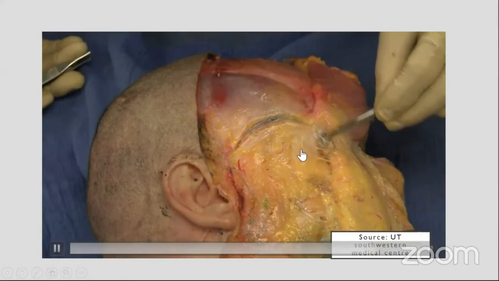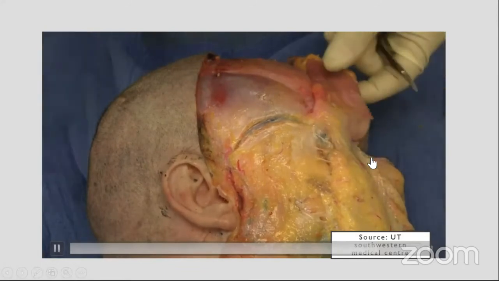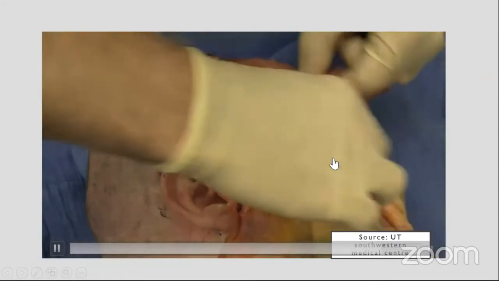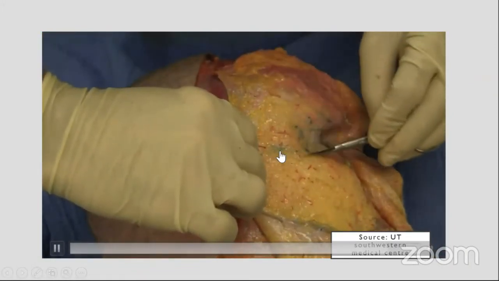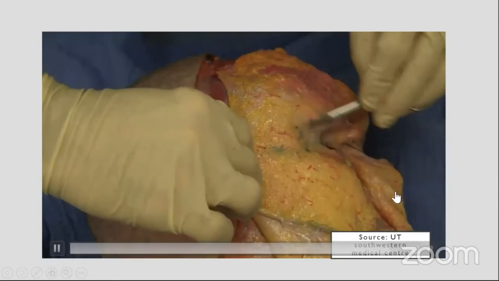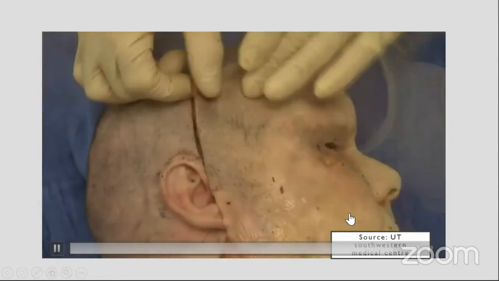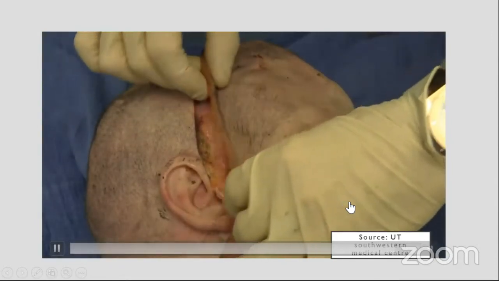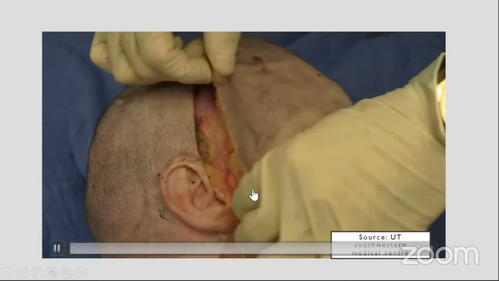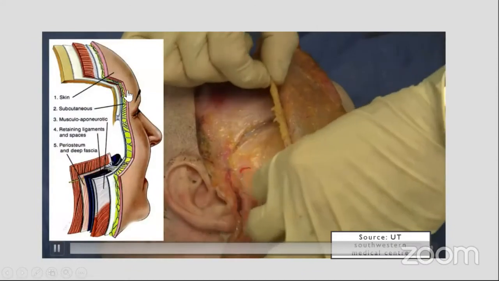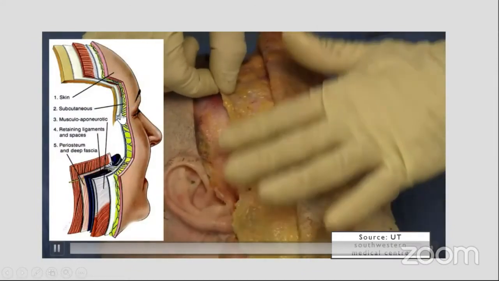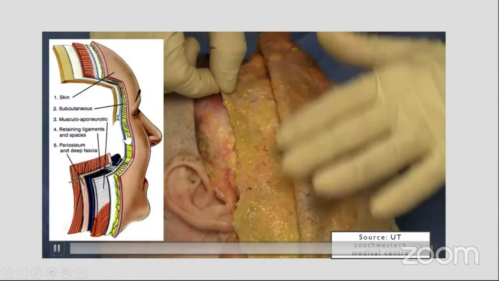So the take home is to inject superficially, between the skin, as seen in this cadaveric specimen. This is the superficial temporoparietal fascia. So inject between the skin and the superficial temporoparietal fascia here and do not go deep. This is the safe zone. The superficial zone is the safe zone. So this is the skin, the superficial temporoparietal fascia, inject between these two.